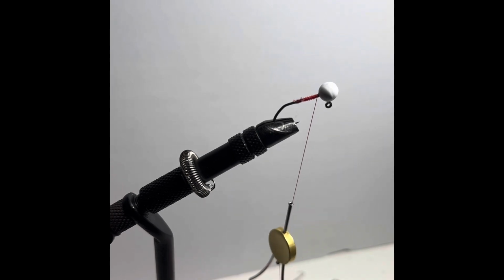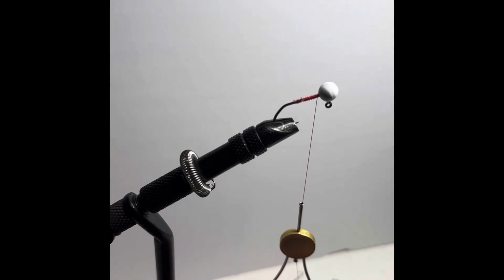Inspiration from all the core shot plastics that have been coming out, I kind of wanted to just do a bucktail jig that mimics that same look. We're going to start off with some medium deer tail